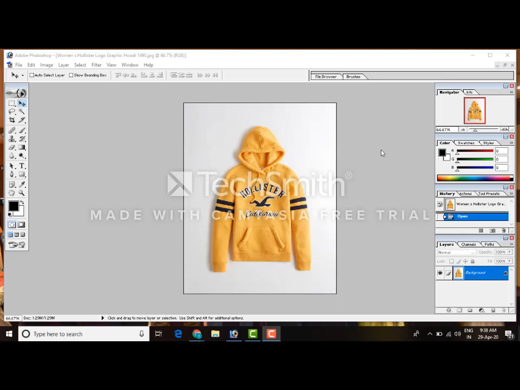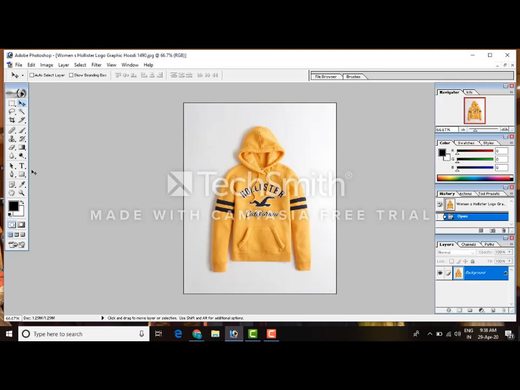In this session we will do two important tools. One is Paint tool and the other is Stamp tool. Paint tool is used for selecting an object in a precise way. For example, in this particular image, if you want to select the boundary of this dress, then select the Paint tool. This is Paint tool.